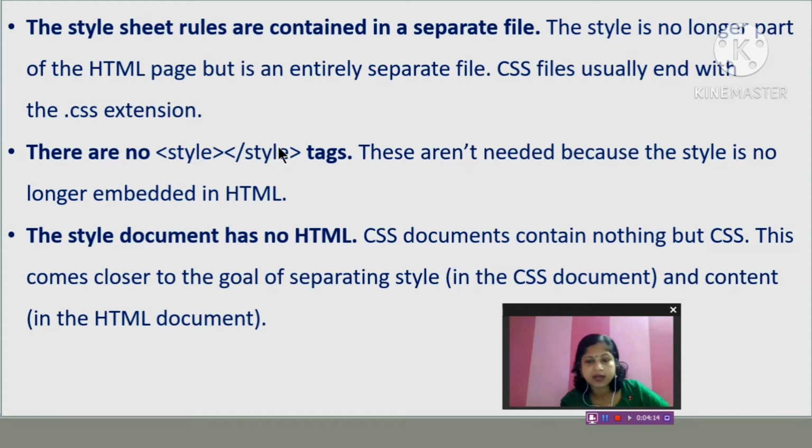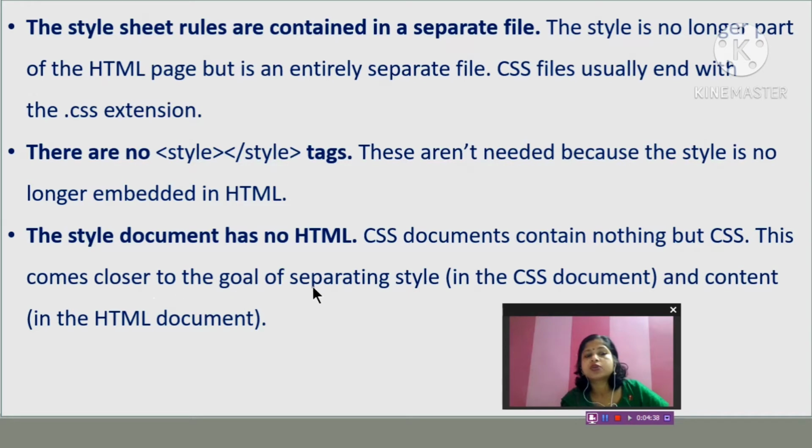In HTML files there are no style tags. Here no style tag will be used like in your internal styles. These are not needed because the style is no longer embedded in HTML; it is not a part of the HTML document, so no CSS style element will be used. The style document has no HTML. The CSS document contains nothing but CSS.